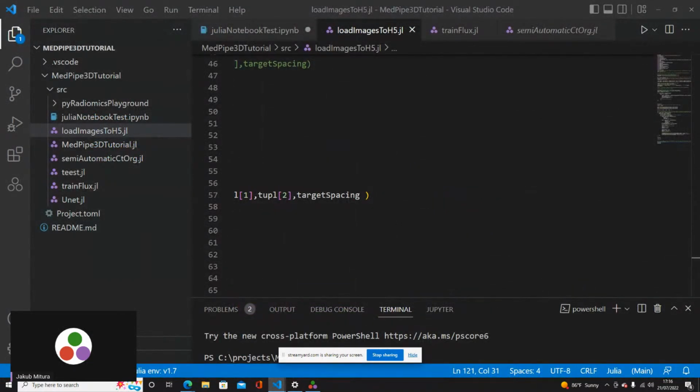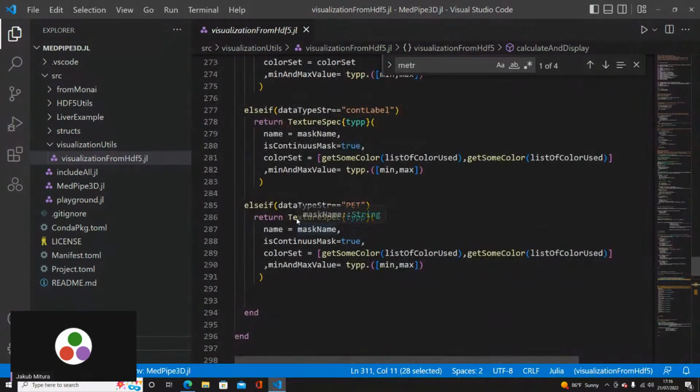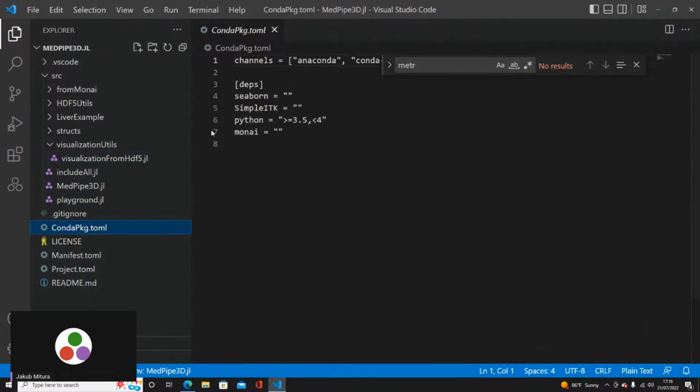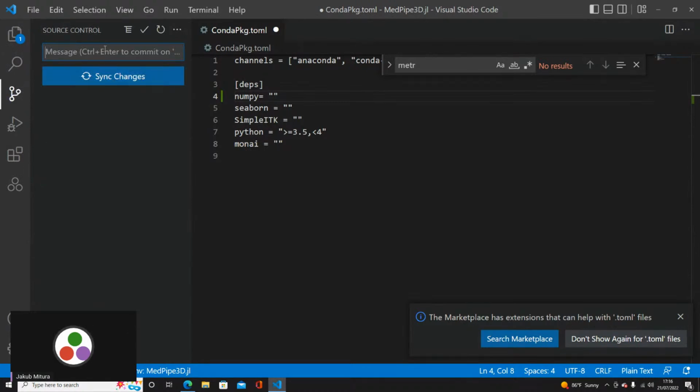Okay, well, can do it like this and fast.